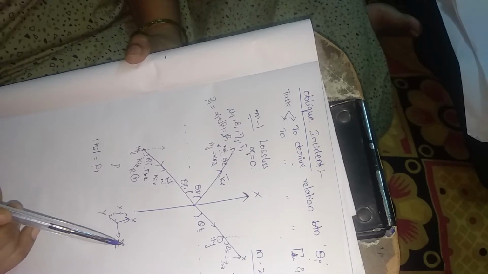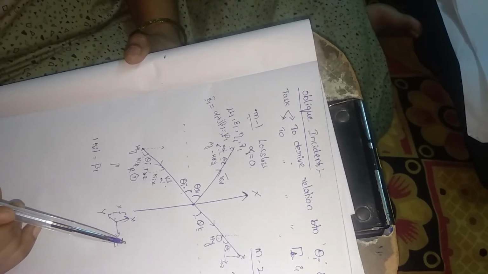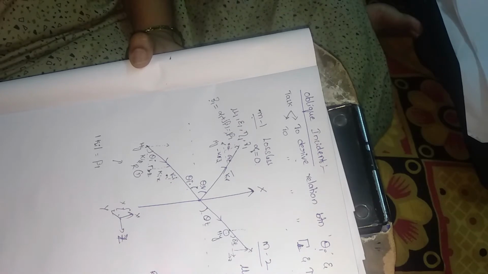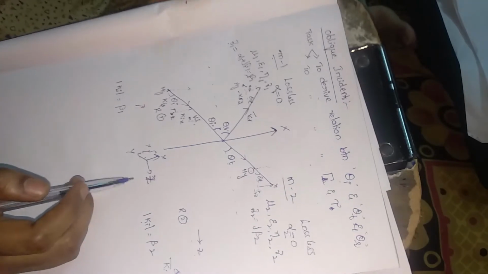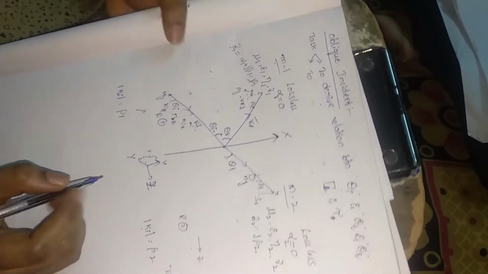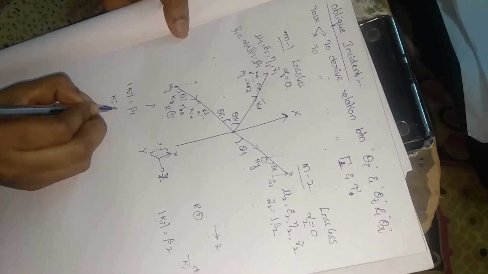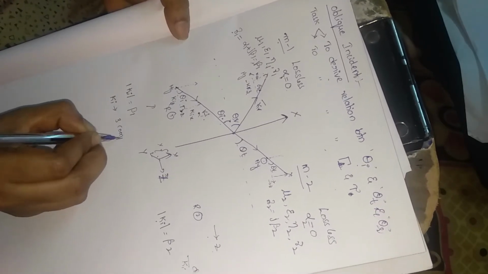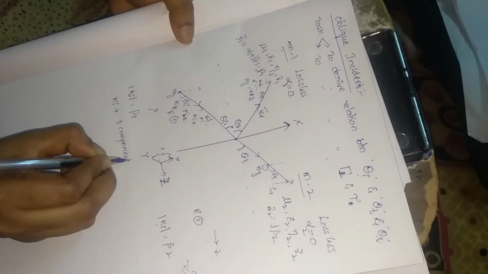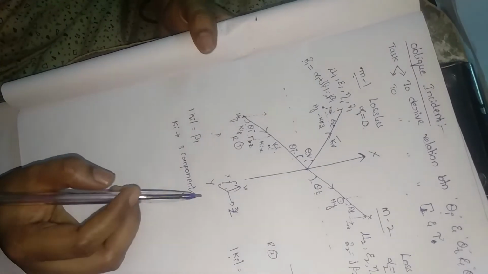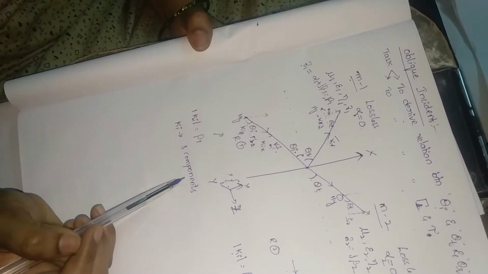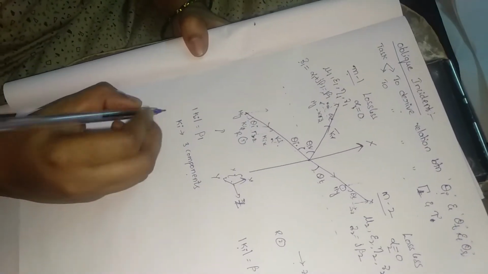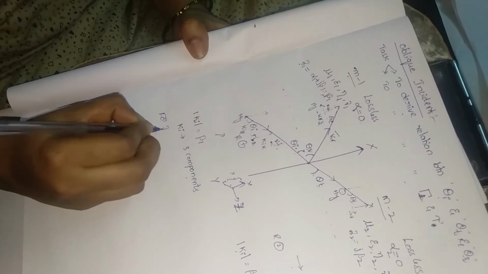As far as normal incidence is concerned, you have only two components: one is the incident angle and the propagation constant ki bar. But here the scenario is different. Here the propagation vector will have three components, that is x, y and z. That is the major difference between normal incidence and oblique incidence. There we take only the electric field component along the x axis, but here we are taking three components. So first take the incident wave.